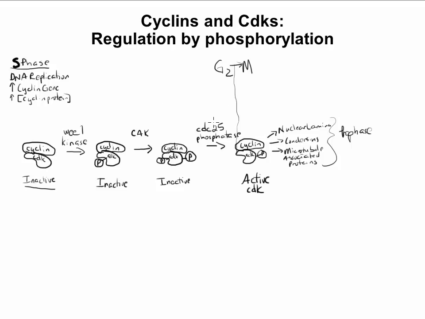So it turns out that this enzyme CDC25 is actually inhibited as long as there's ongoing DNA replication. There's a whole set of proteins that are collectively referred to as checkpoint kinases that are involved with phosphorylating other proteins in the cell to regulate their activity as part of the cell cycle. So CDC25 itself is phosphorylated and inhibited as long as DNA replication is ongoing. So that makes sense, right? We're not going to get an activated CDK taking the cell into mitosis if the cell has not even fully replicated its DNA. But remember that there are other things that the cell wants to check for as well.